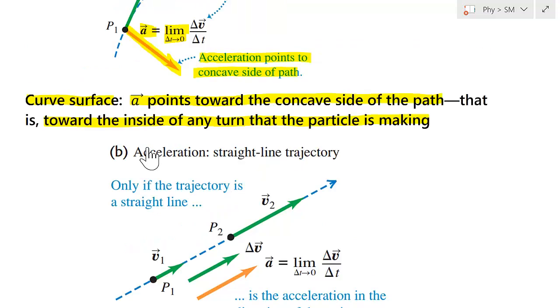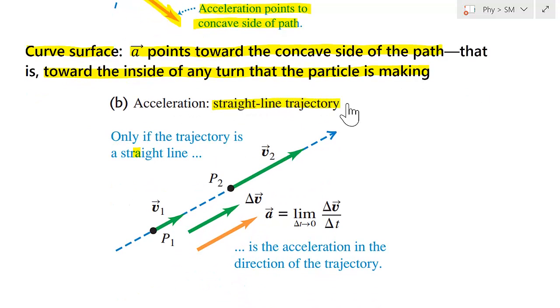So next situation, when the object is moving in a straight line trajectory. Same thing, this point P1, this is a car at time T1, velocity is V1, and this is along this. So this is the path on which this car is moving. So straight line. After some time, this is P2 and corresponding velocity is V2, and this is along the straight line. So you see, in this case, the direction of velocity is constant. It's always along the straight line. Initially, this is in the straight line, and finally this is also in the same direction.